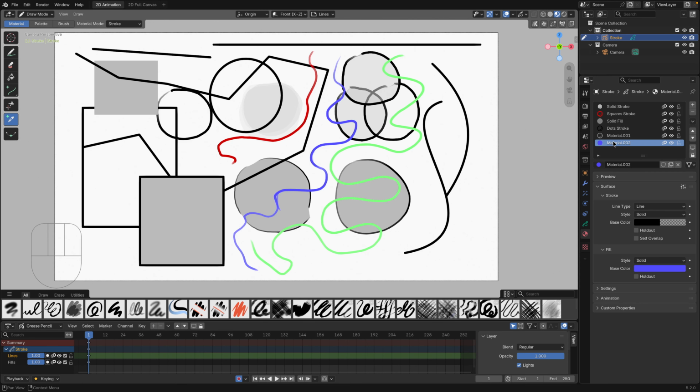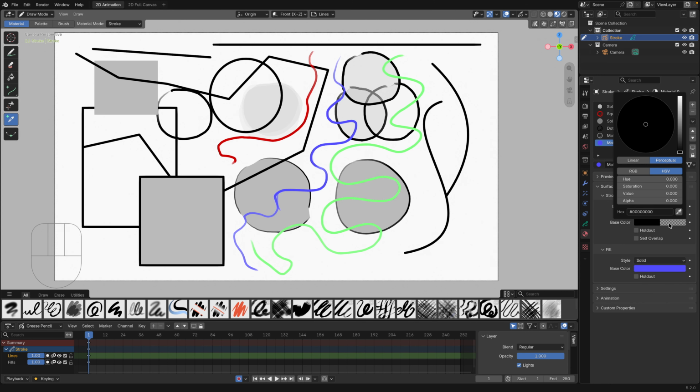But if you want to toggle between stroke and fill on this material, you see this base color, just select this one. And right now the alpha is set to 0, which just sets the stroke to invisible. If I drag this all the way to 1,